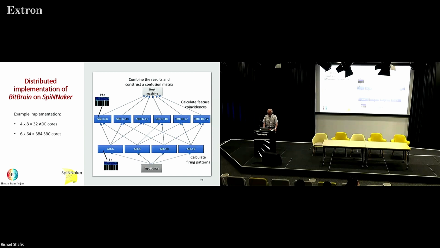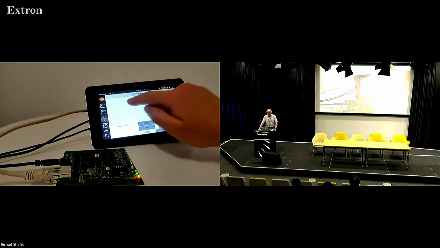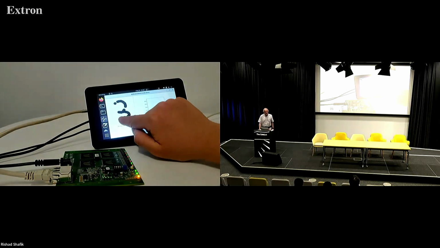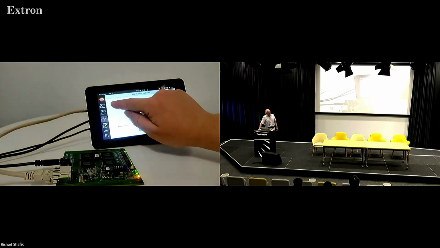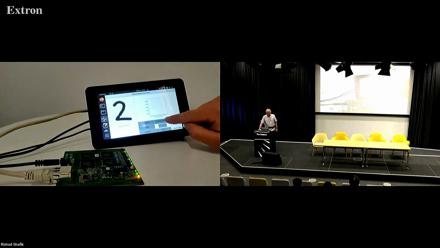And then we can feed the same data sets through and see how they work. And here, the Spinnaker board at the bottom is actually doing the work on this occasion. So you see the finger is pushing a different button. It's using the Spinnaker based algorithm for predicting the results.